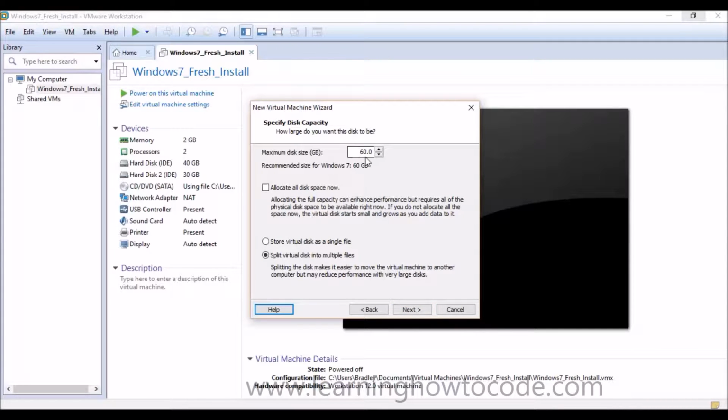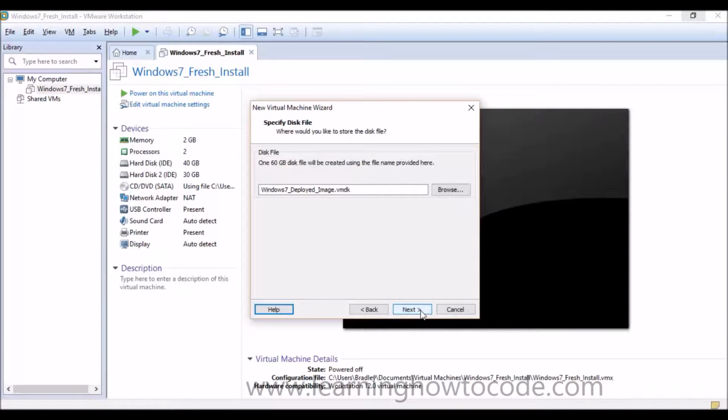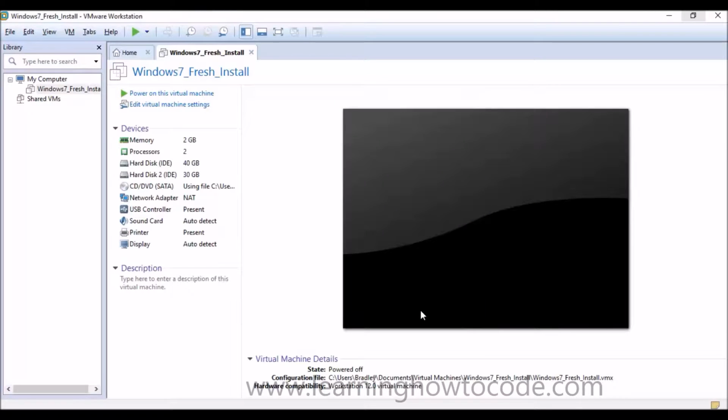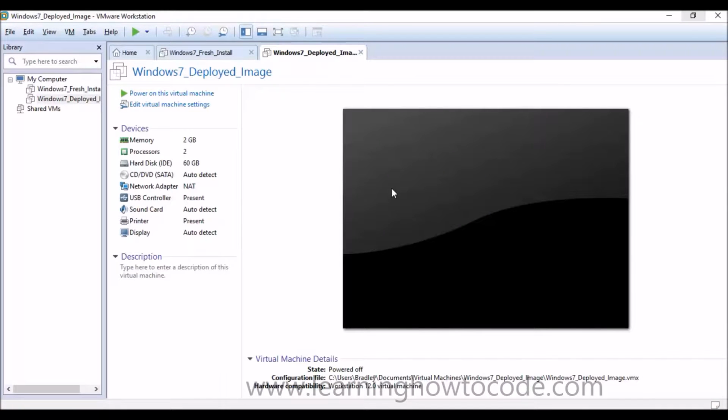And this one we're going to just leave at 60 gigabytes, but we are going to store the virtual disk as a single file, and select Next. Then select Next, and then select Finish. And then now what we need to do